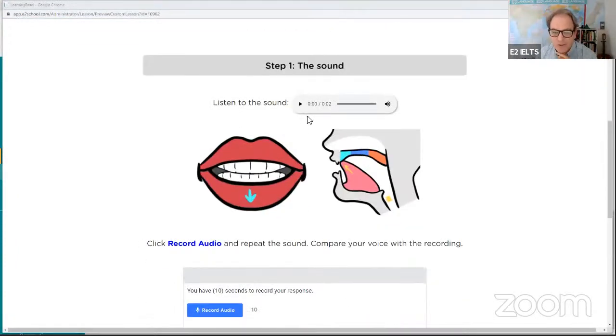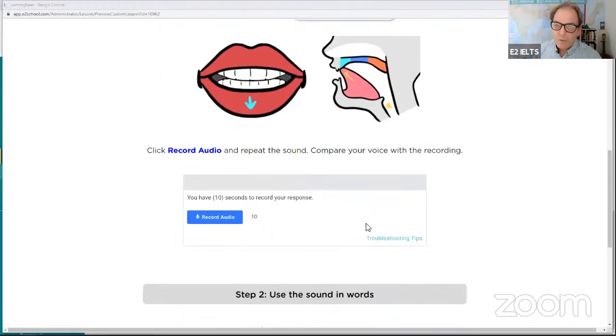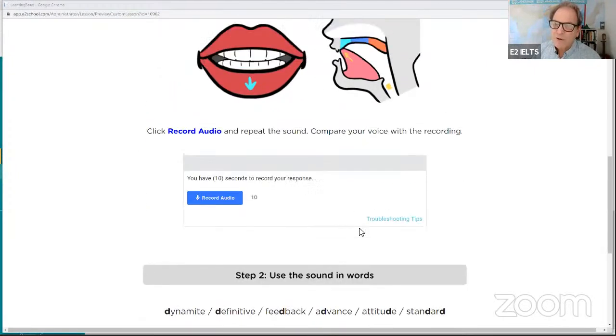Now, how do we produce that sound? Tip of the tongue to the back of the teeth, as it is here, as in t, but this time it's d. Drop our lip, but this time we see the yellow squiggle. That means it's a voiced sound. So if we put our fingers very lightly on our voice box, d, d, d, we can feel our voice vibrating. T, t, t is silent or unvoiced. T, t, d, d. Okay, so when we say silent, it's not quite silent, but it's not voiced,